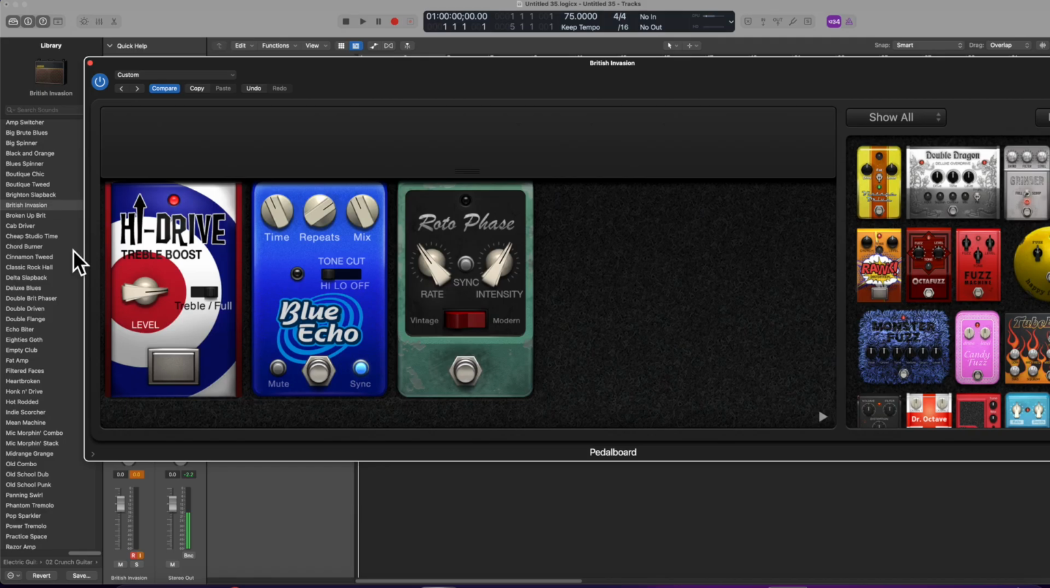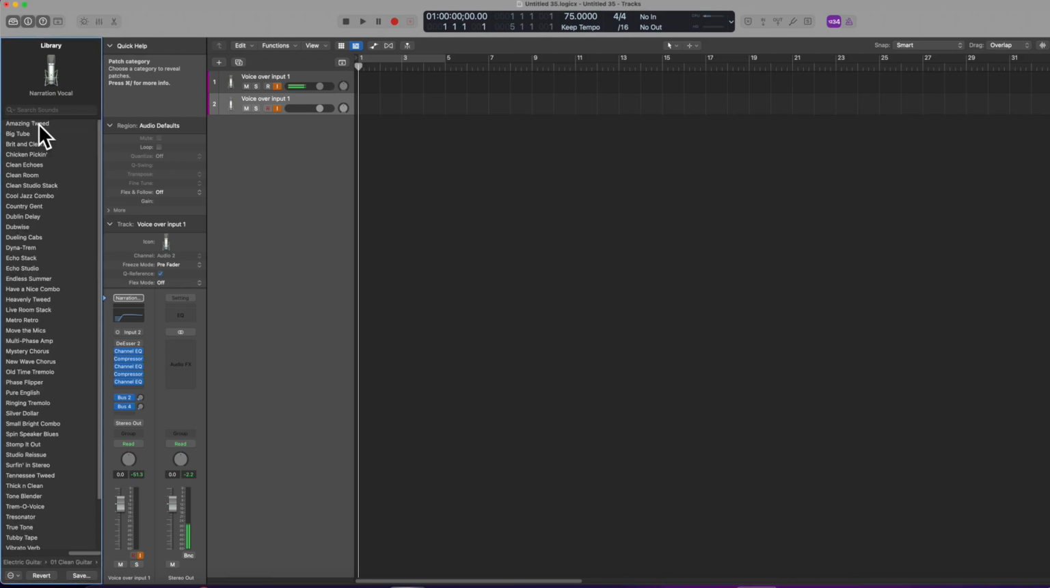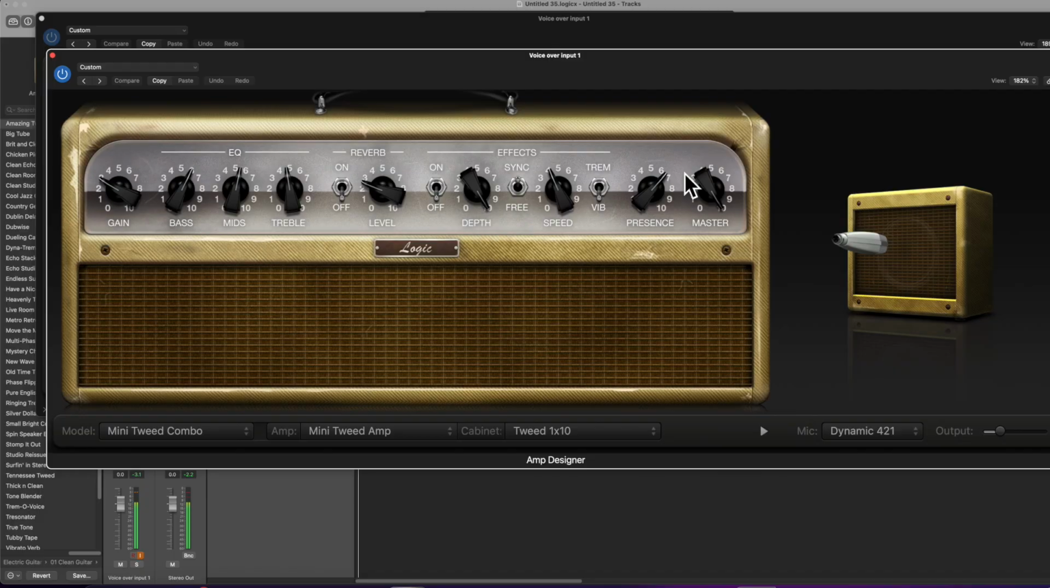Let me go ahead and pull up a different preset so we can see what something else might sound like. Okay, so I'm going to go ahead and go into the clean, and I'm going to select Amazing Tweed. It's got a nice clean sound. We have the option of adding in our onboard effects like reverb